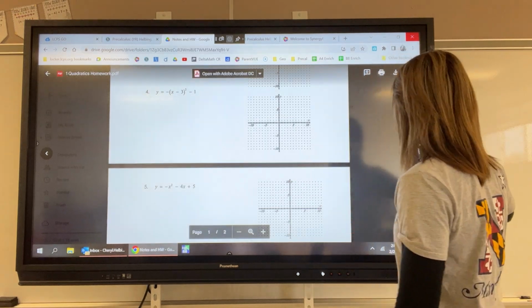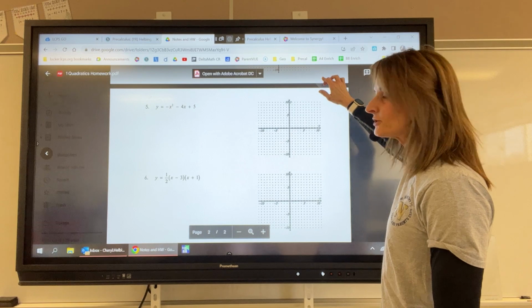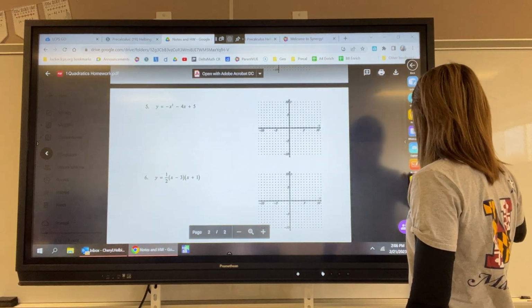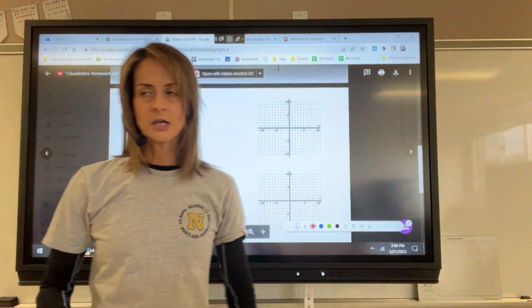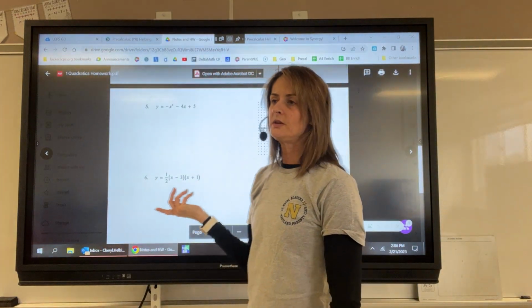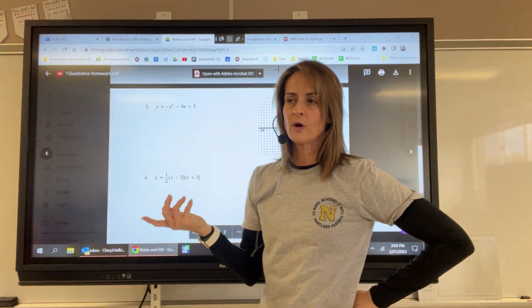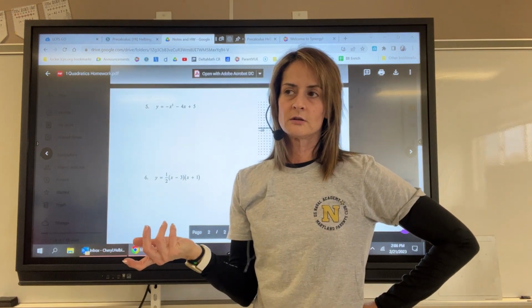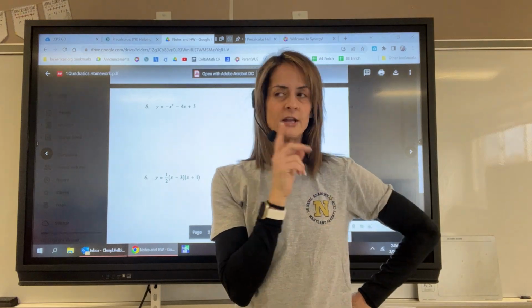Going to number 5. Now, does anyone remember how to graph when you're in standard form? ax squared plus bx plus c. I have to make sure I've got the right problem pulled up here, and I do. Because we don't have the x-intercepts, right? It's not in intercept form, and we don't have the vertex. So we don't have a place to start. So where are we going to start when it's in standard form? Anyone remember? I know it's been a bit, but